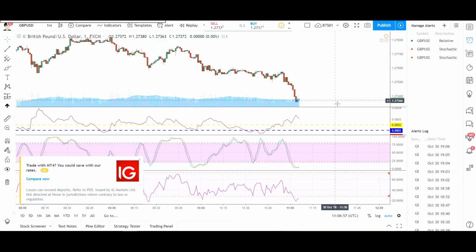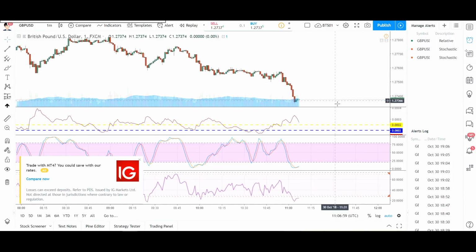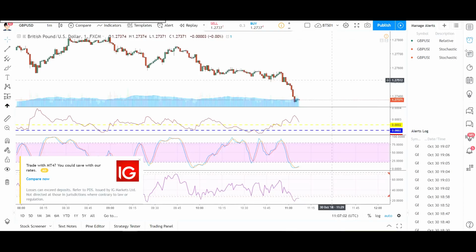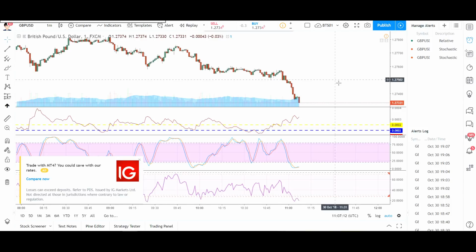Let's see, I think it's about to form an X soon. Alright, so you can see that right now it's a more obvious X. So I'm going to turn on my test robot, which is the first version, and then we will see what trades will be executed by the Binbot Pro robot. You can see that the bar is going down. I think it's a strong downtrend, and the volatility has increased,